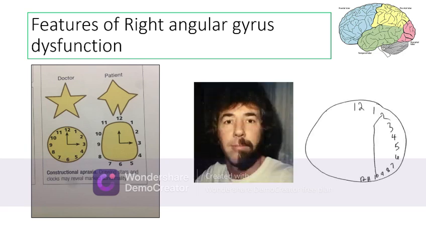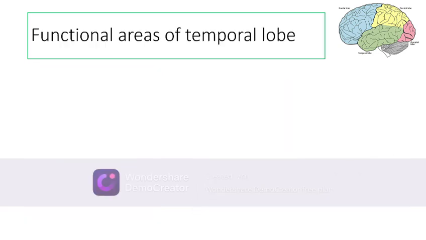And there is hemispatial neglect, in which the patient ignores one half of the space. In the picture on the left, the patient has shaved one half of his face and has not shaved the other because he neglects that half of the space. In the picture on the right, the examiner has asked the patient to draw a clock, in which the patient has put all the numbers on the right half, completely ignoring the left half. So this is hemispatial neglect.